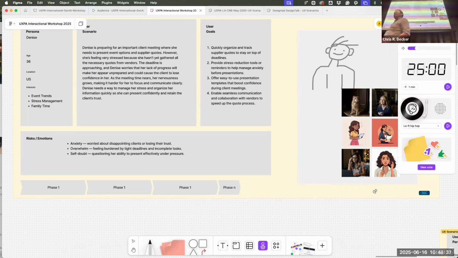But I think this one is the one that we should use. If there are 5 other people doing it together and they all have a slightly different view of Denise's stress environment, of what a meeting looks like, that actually raises the level of empathy among the team because you're considering a broader perspective of points of view and outputs. Then you can say, I get yours, but I think this one is really the one that we should focus on. And that brings the team together. And with clients in particular,